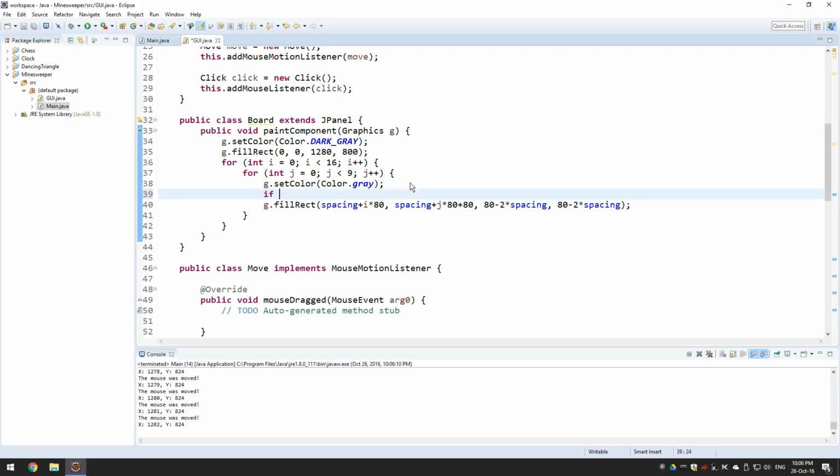So let's say if mx is greater or equal to this right here, and mx is less than the same thing increased by 80 minus spacing,